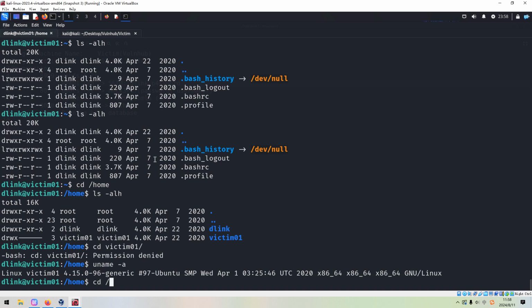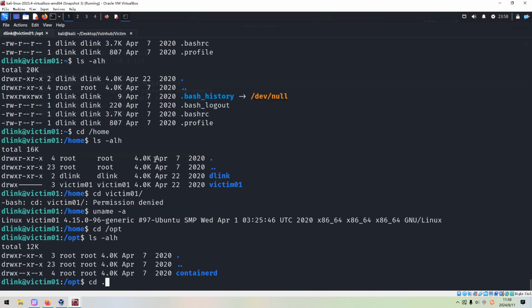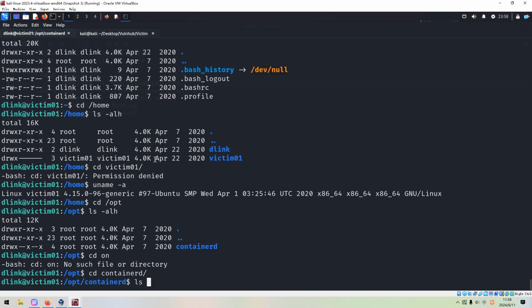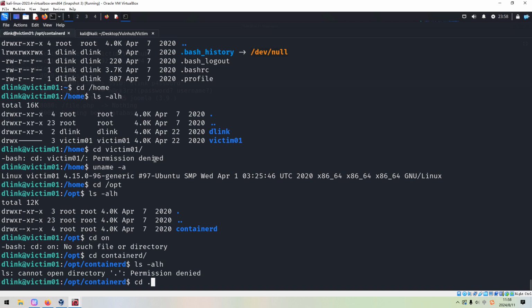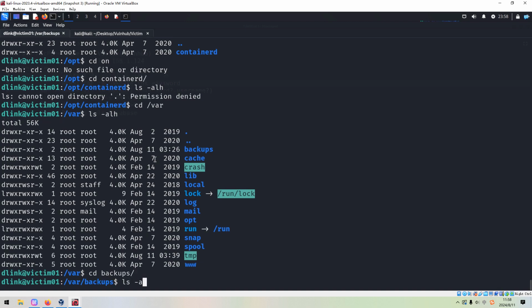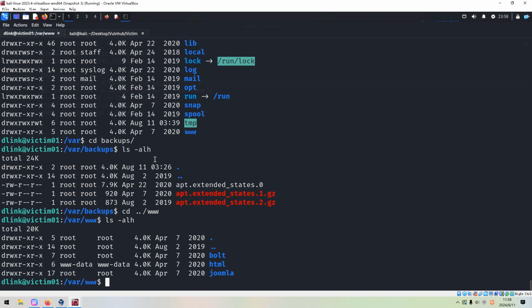And next, we can navigate across some locations, for example, like opt, nothing there. Oh, container, permission denied. And we can go to the var directory, go to the backups directory, nothing there. www directory.